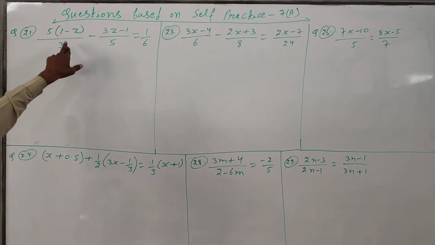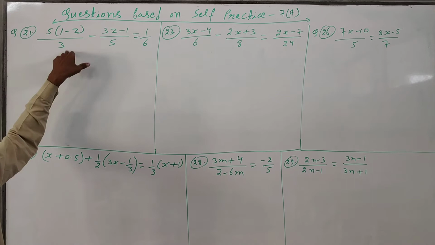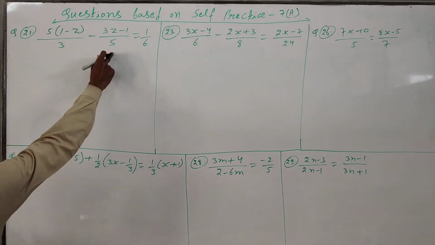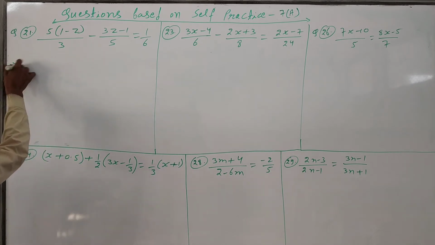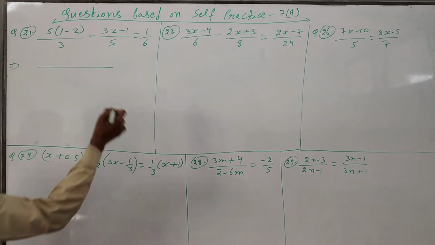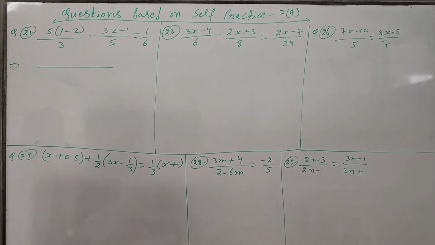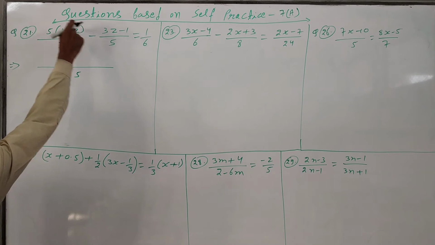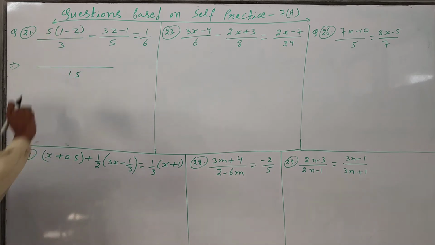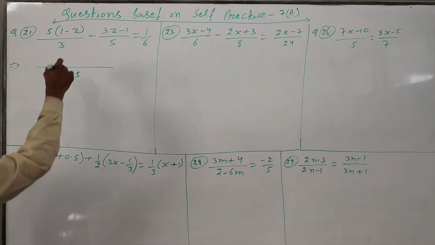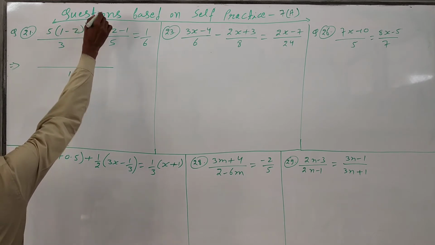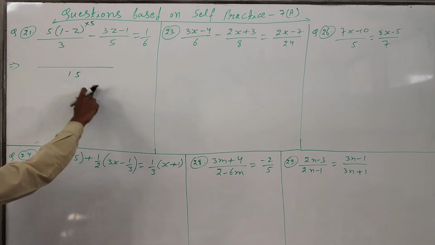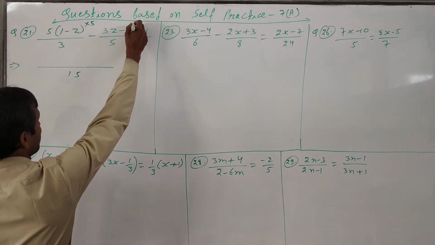First of all, we have to take the LCM of 3 and 5. Then the LCM will be 15. I have done the same type of question previously, where we took the LCM. So 15 will be the LCM. This 5 will multiply this side because in the 3 table, 15 comes 5 times. So we multiply by 5. And in the 5 table, 15 comes 3 times, so it will multiply by 3.